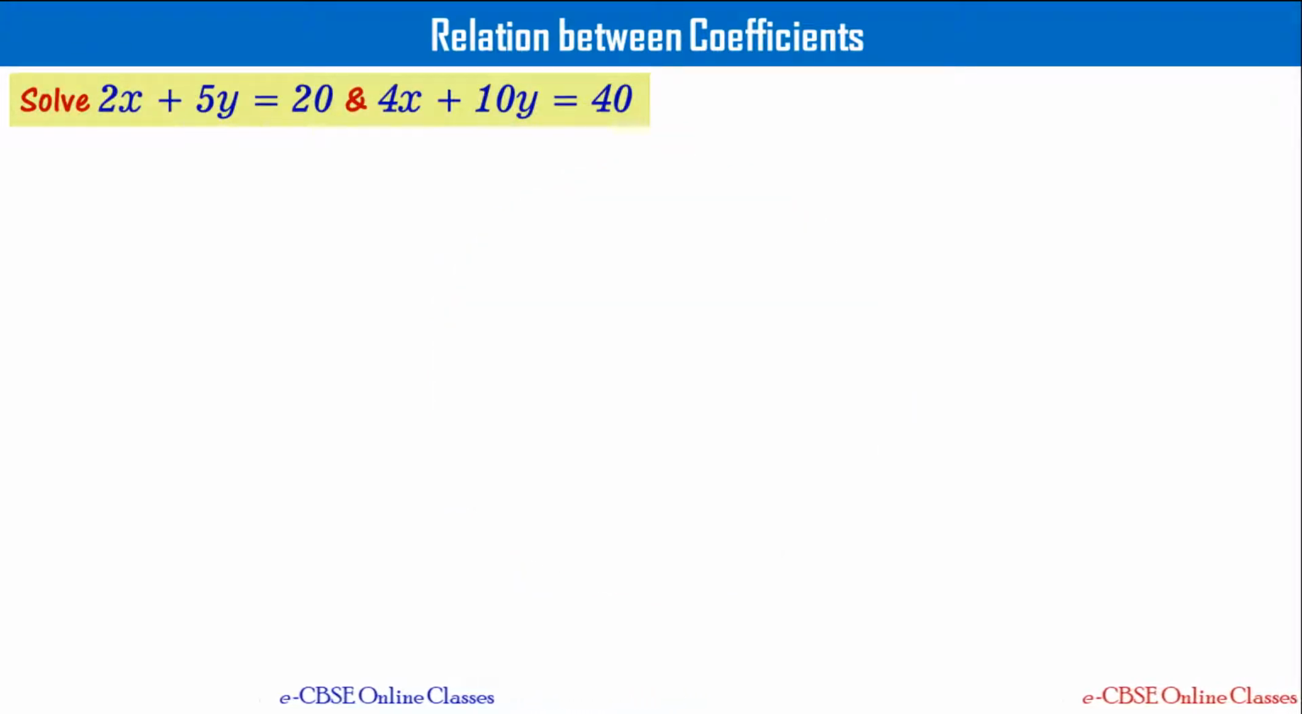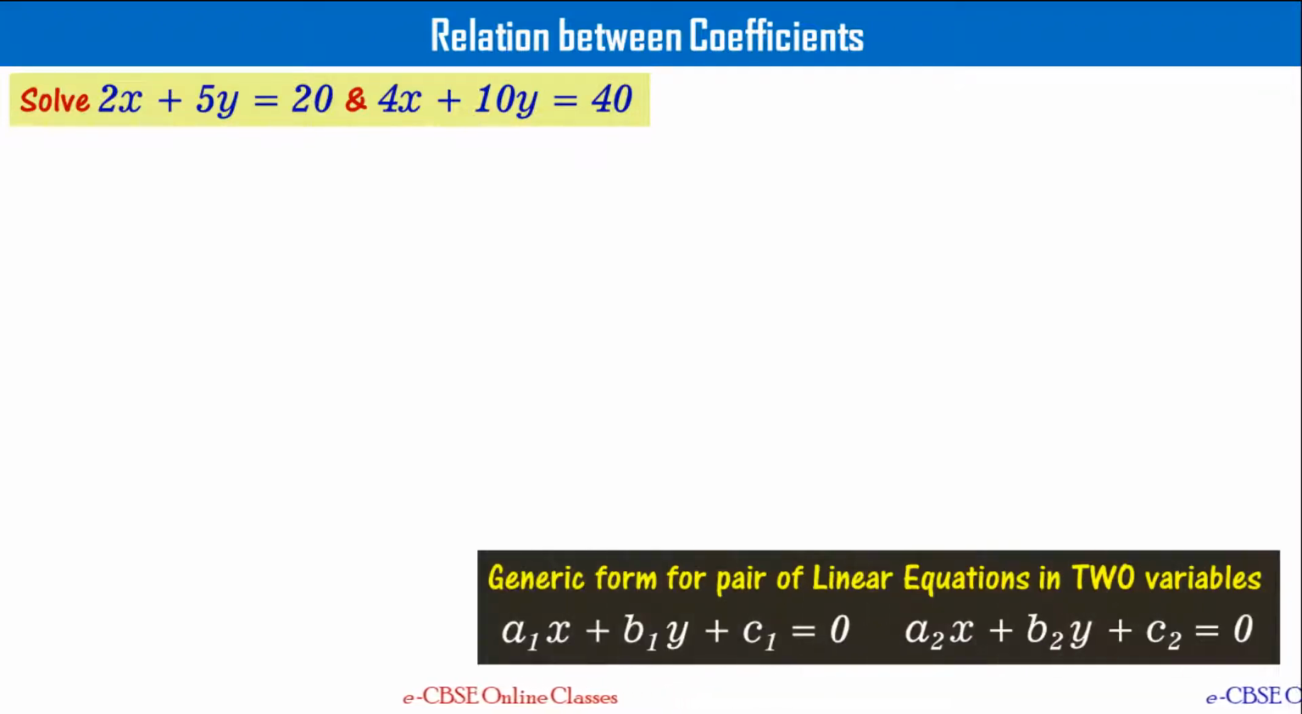Let's solve a pair of linear equations. Those are 2x plus 5y equal to 20 and 4x plus 10y equal to 40. We know that generic form for pair of linear equations in two variables is given as a1x plus b1y plus c1 equal to 0 and a2x plus b2y plus c2 equal to 0, right? Now let's transform the given equations into this format